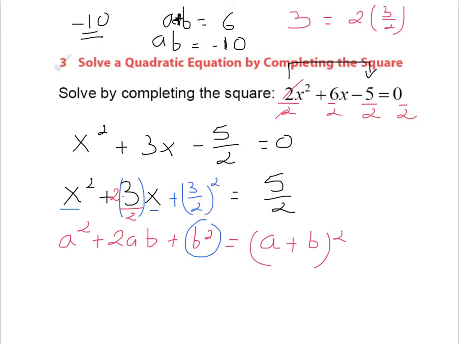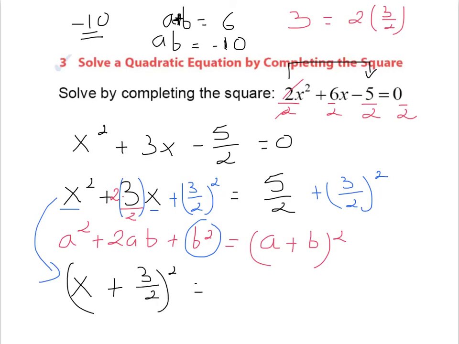If we add something to the left-hand side, we have to add the same thing to the right-hand side, so we add 3 over 2 squared. By using the special product, a squared plus 2ab plus b squared equals (a plus b) squared, this can be written as x plus 3 over 2 squared equals